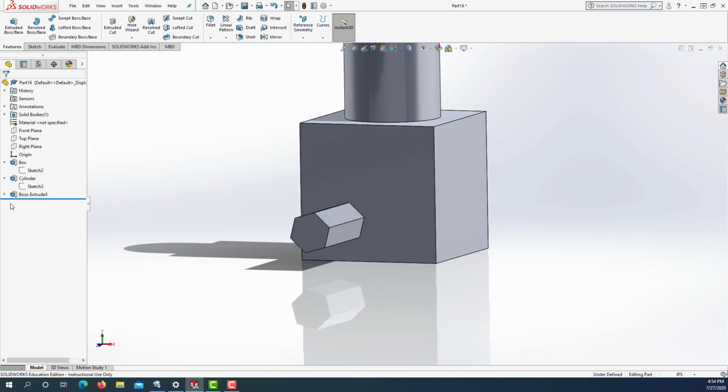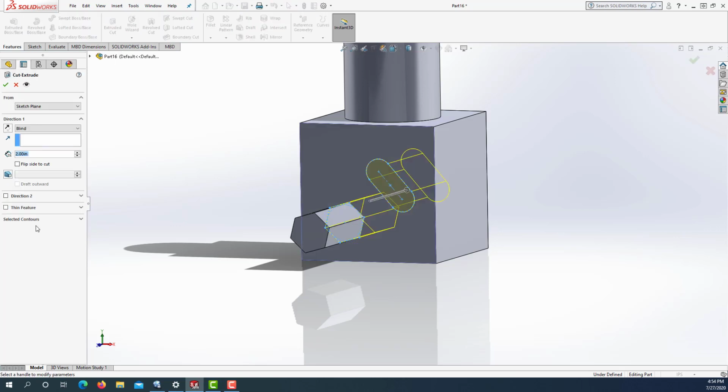I'm going to do it again, so I want to make sure you know how to do it. Sketch 4, I just need to highlight the sketch. I'm not going to make another solid body. I want to make a cut, which is extrusion cut. I'm going to click on it, and then I'm going to again select the contour. You can select the contour by looking at the pink area. Okay, so I'm going to select the slot now